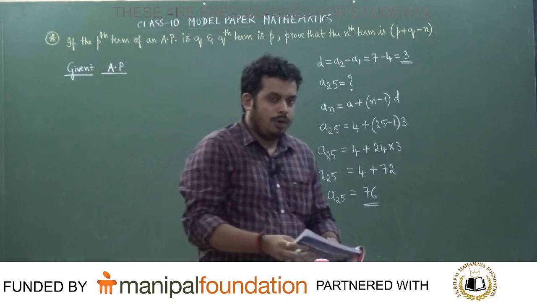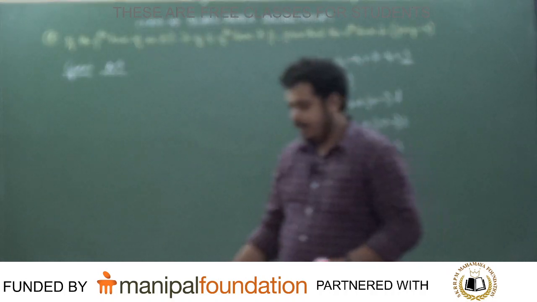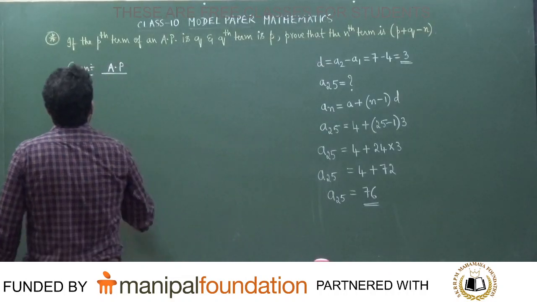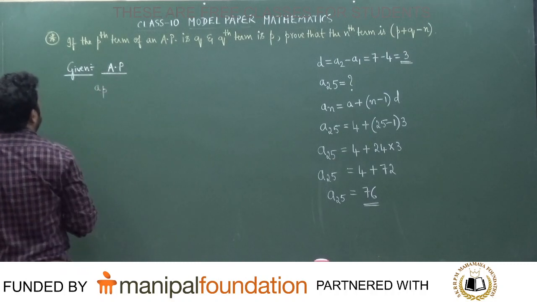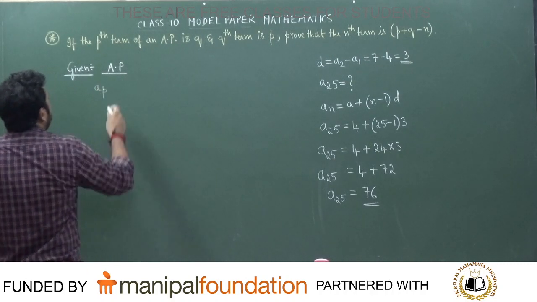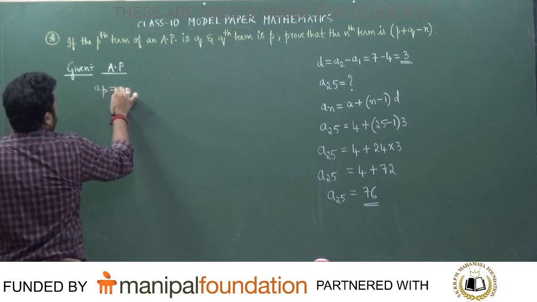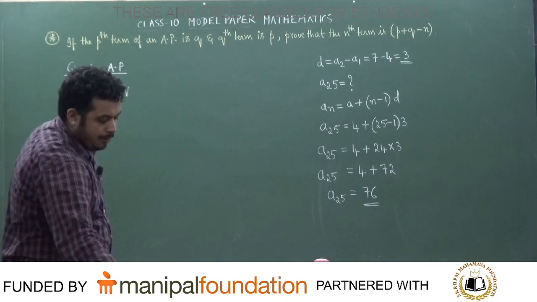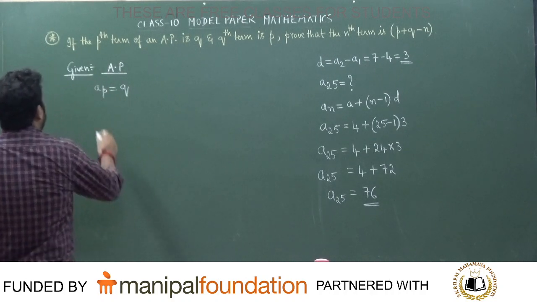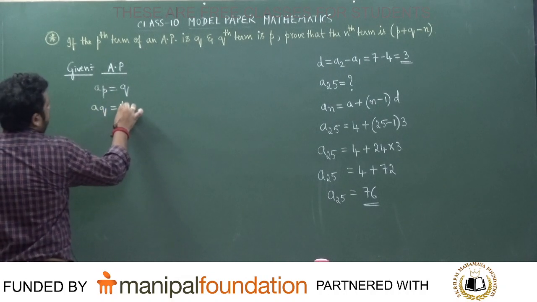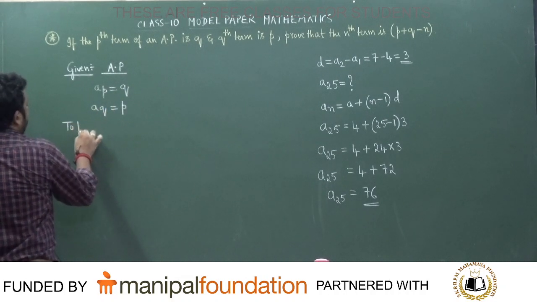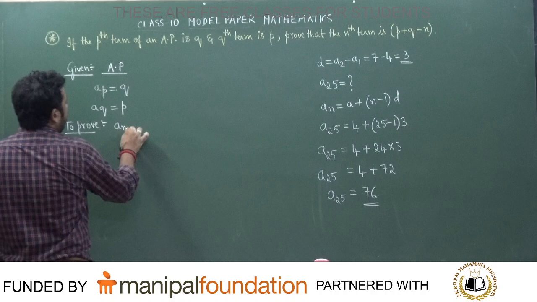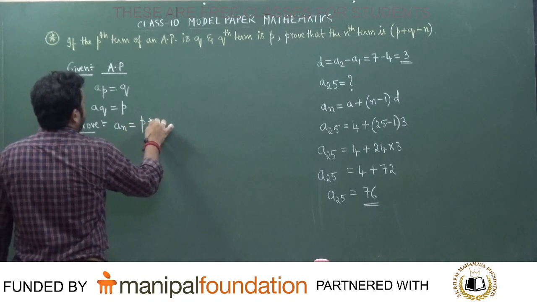This is a very, very important question that everybody must know how to answer, students. We'll see how to solve this problem. Given in the problem, in the arithmetic progression, the pth term is given as Q. Is it correct or not? The pth term is given as Q, and the qth term is given as P. All right. What is it that we have to prove now? We have to prove that the nth term is nothing but P plus Q minus N.